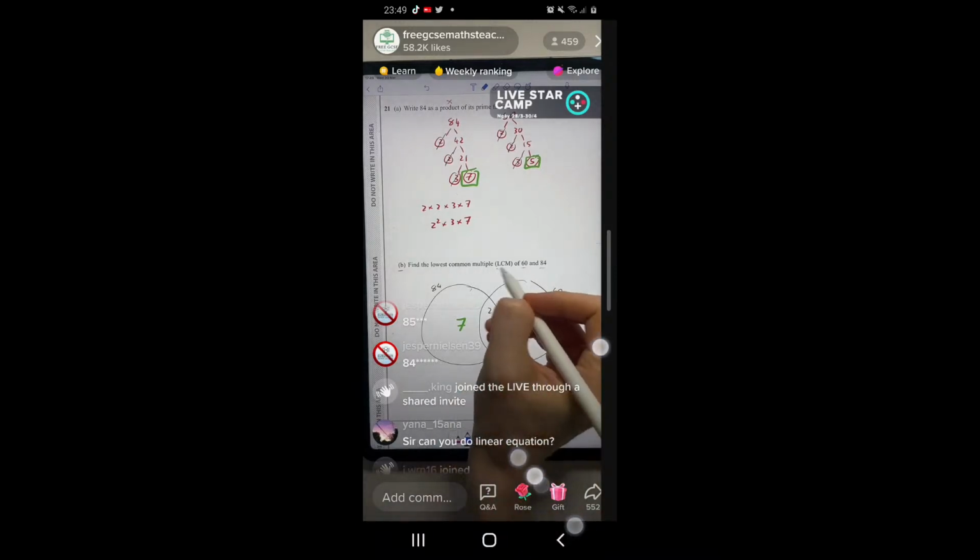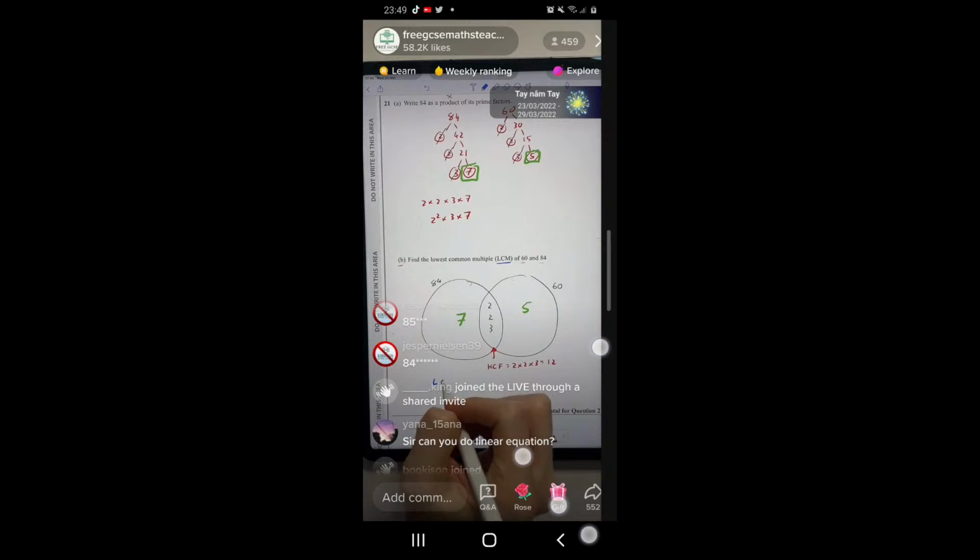I wanted the lowest common multiple. To find the lowest common multiple, all you do is you times all the numbers inside the Venn diagram. So I just do 7 times 2 times 2 times 3 times 5. That's all I do. And again, if you had a calculator, you could put it into the calculator. Otherwise, you could just work it out. And in this case, it would come out to be 420. Again, a quicker way to do this